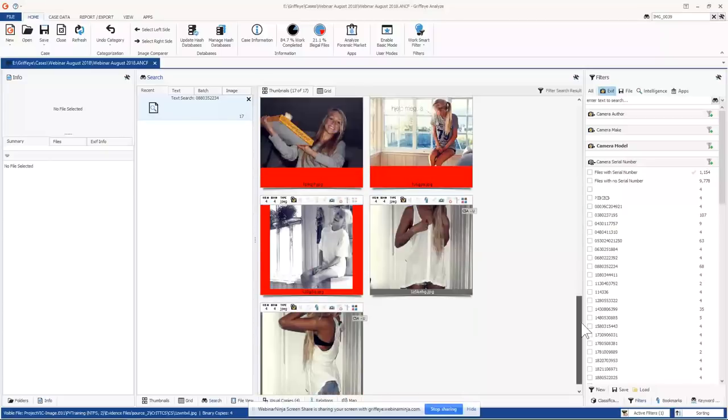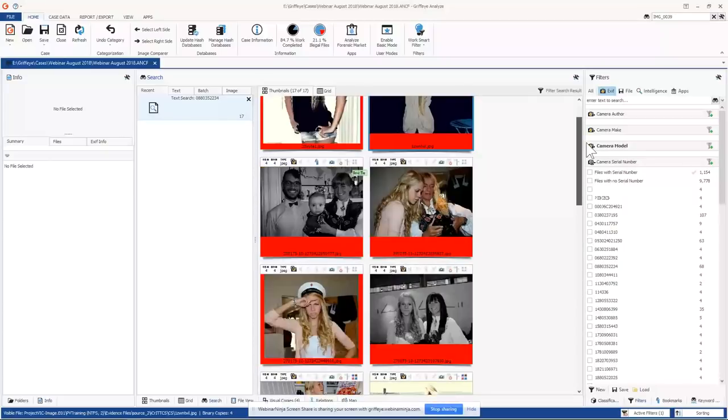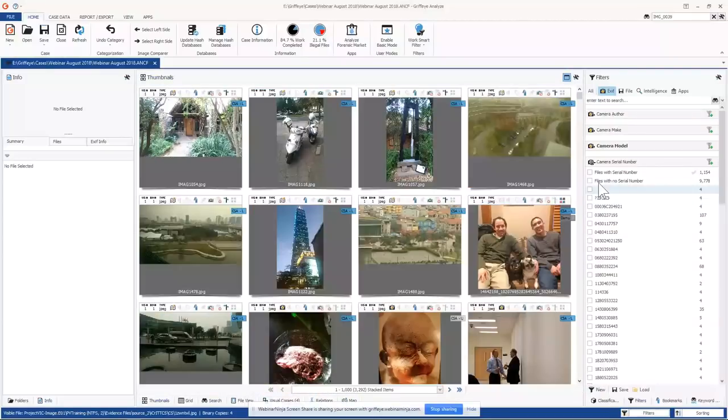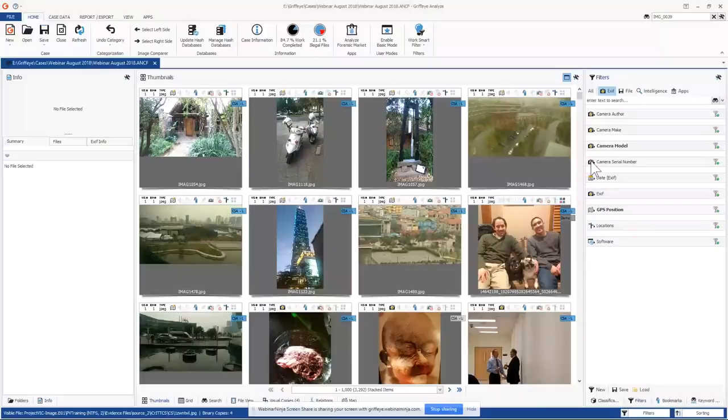And then I can continue to do my work from this point, whatever I need to do. I'm going to go back to the thumbnail view and unfilter. That's one quick way to work on a victim ID approach. We want to find out what images and videos the offender or your suspect is possibly creating. That's a good way to do it.